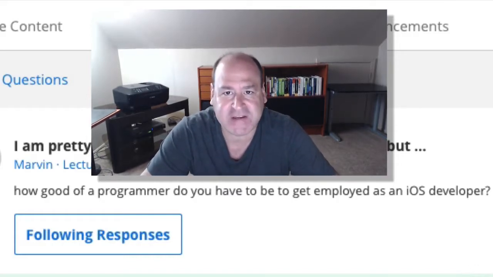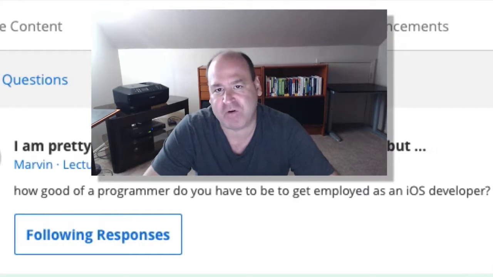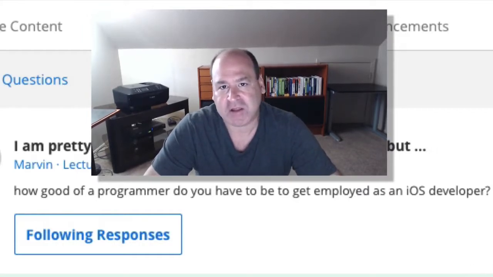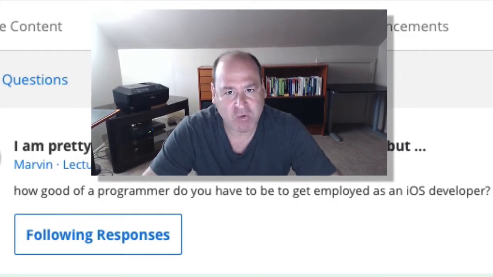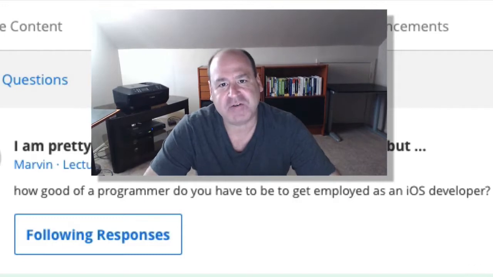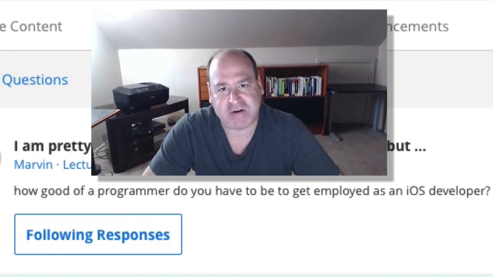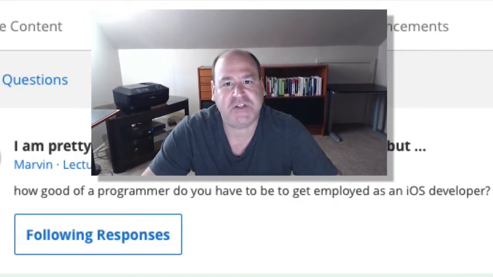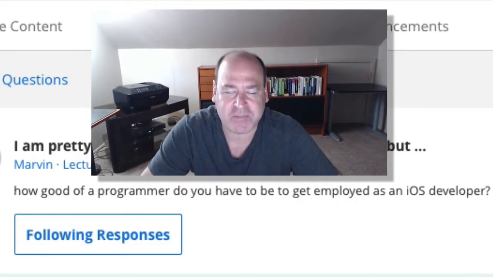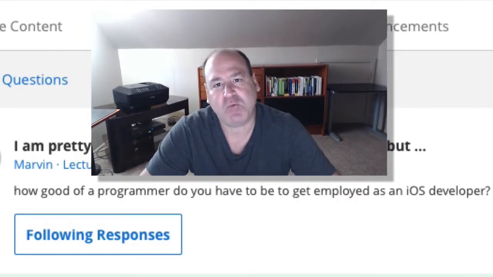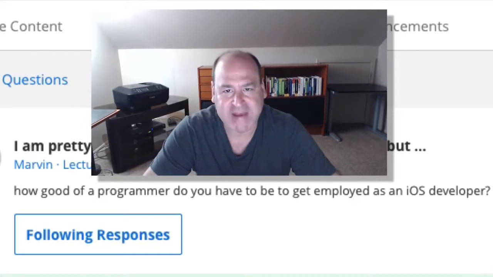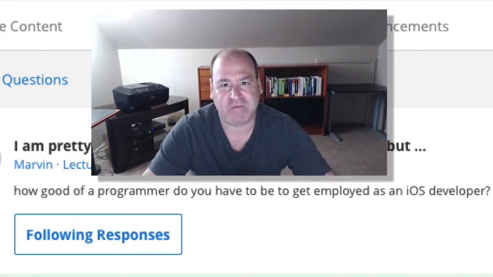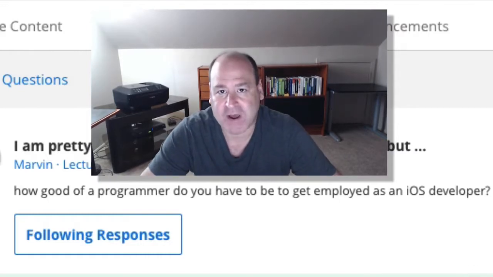For example, let me just give you an example first. If you were going to interview for a manager position, what do you get asked on an interview? They'll ask, what are the qualities that make a good manager or leader? They want to understand if you really understand what makes a good leader and manager, and that shows the employer that you really could do the job. So the question really is then, what qualities make a really good iOS developer that makes you stand out from the crowd? And this is the whole purpose of why I put this course together.